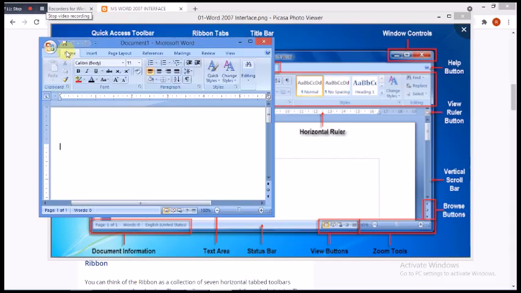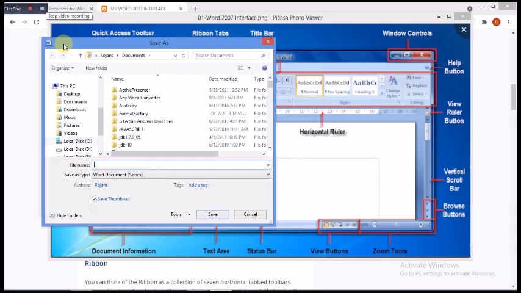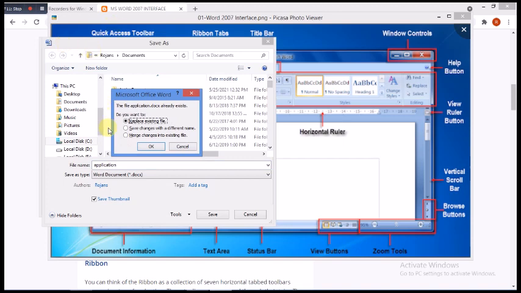Let's say application. It asks: replace the existing file. Since we have saved a previous file with the same name, it is asking to replace, save changes with a different name, or merge changes into the existing file. Replace the existing file means this new file will replace the previous file.